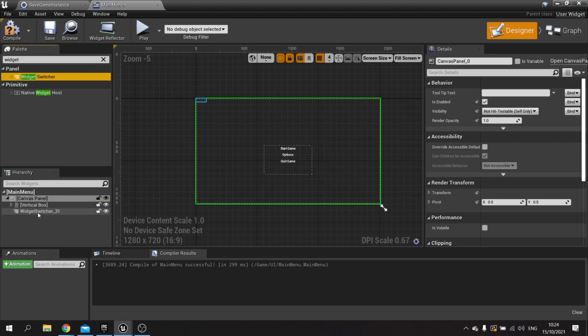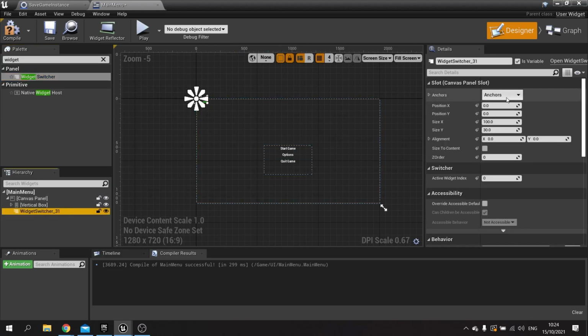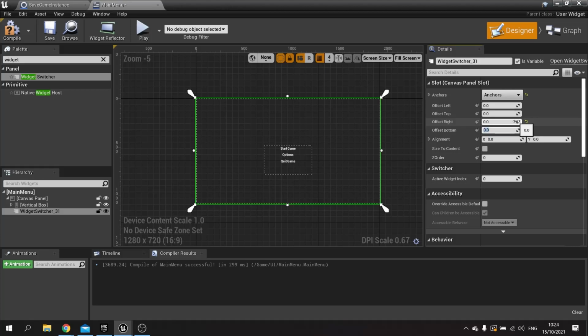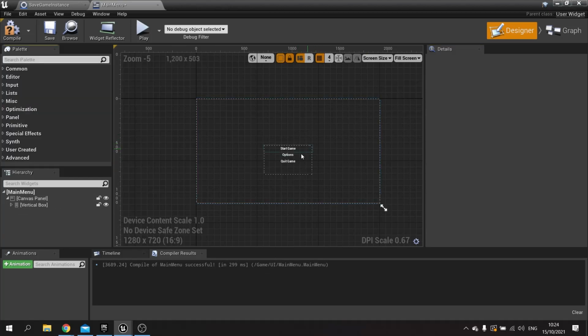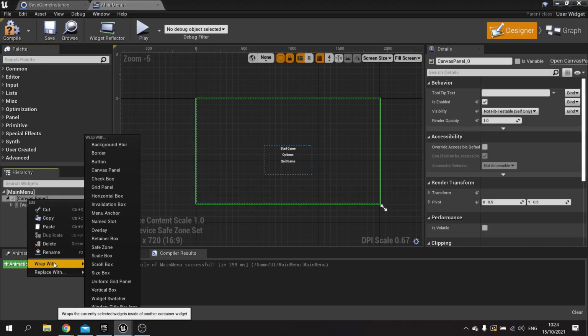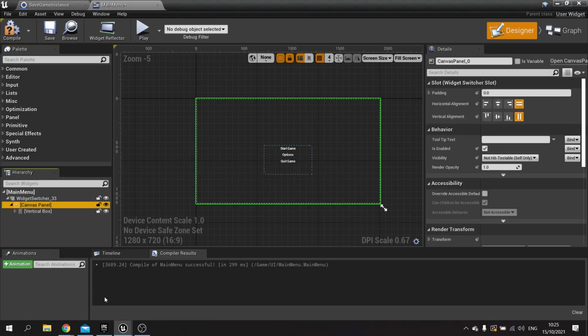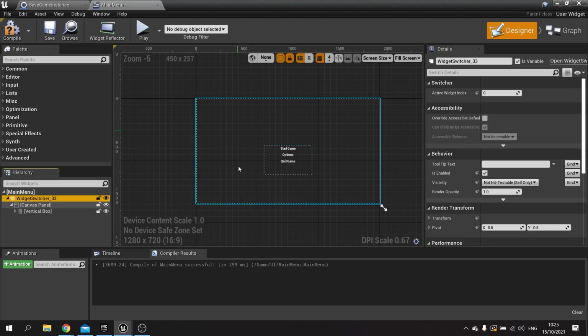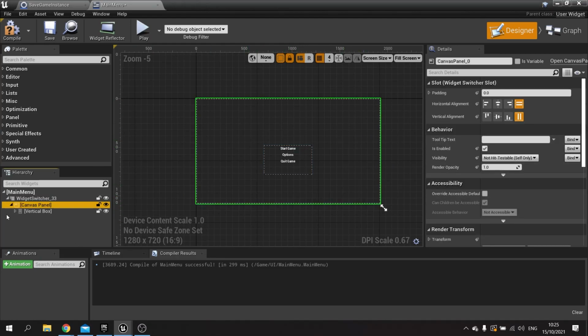Got a canvas panel, and this widget switcher I'm going to stretch to fill the whole screen. Change the offset here to be 0, 0, 0, 0. It feels like that. Okay, so to make it switch to different menu screens when we click start game or options, we're going to put a widget switcher into it. I'm going to right click on my canvas panel and wrap with a widget switcher. This will put a widget switcher around the whole screen and put a canvas panel inside of it,